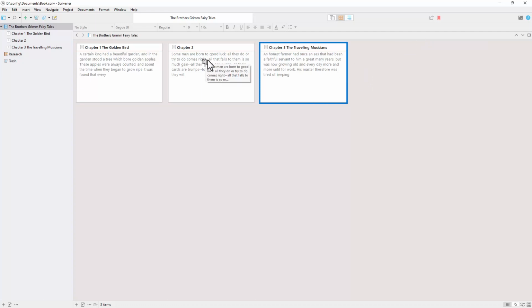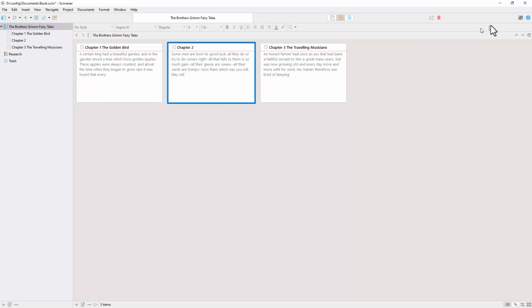If we select chapter 2 here and go up, there's a little blue dot with an I in it, and we can go into the chapter synopsis. You can see by default it's put in the first paragraph or so of the document you've written. If you want to put a synopsis there,